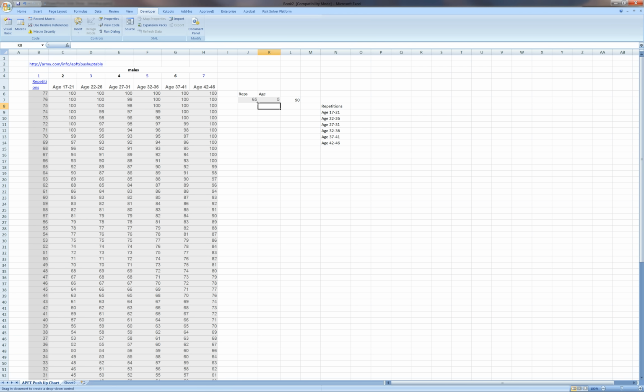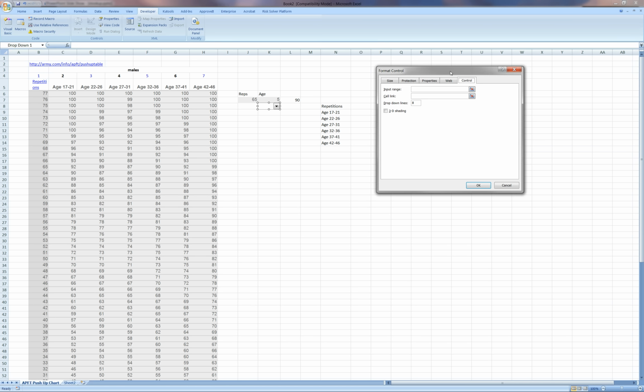And I'm just going to insert it right here for the time being, right underneath where I want it to go. All right, you see how it has the little bubbles around here? That means you can edit it. You can right-click on this, format control, and now you're going to look for your input range. I select input range. I'm just going to select this. Now for cell link, this is saying where do you want me to put the output? Once I select one of these things, where do you want the output to go? Well, I want it to go back into K7,